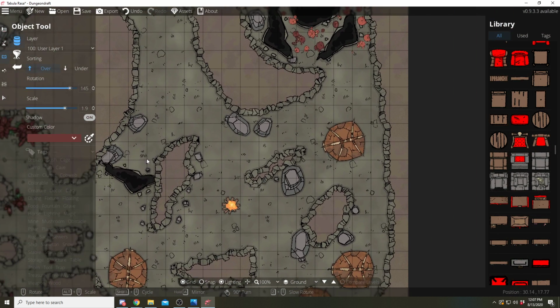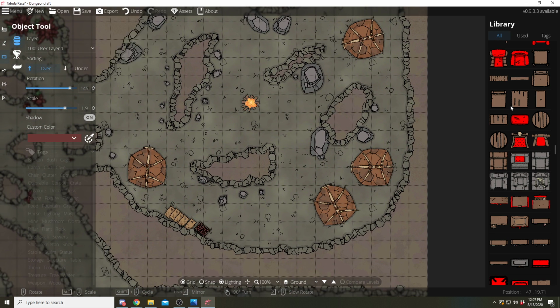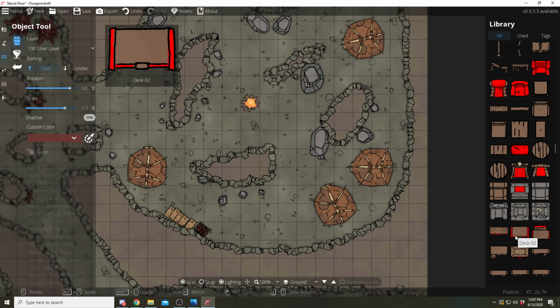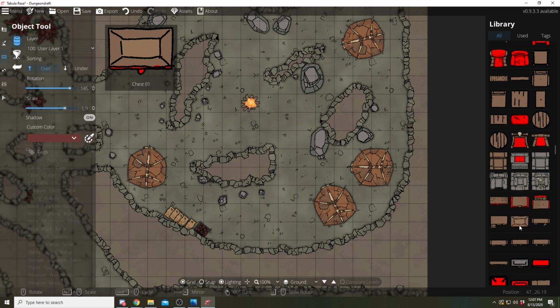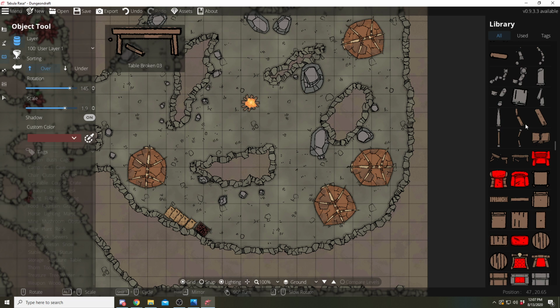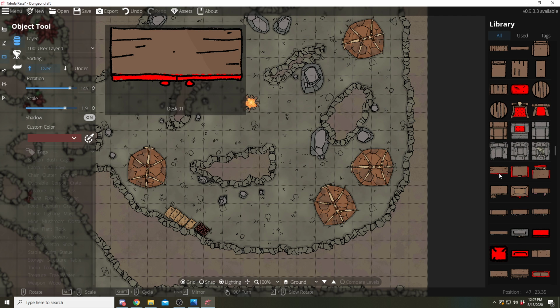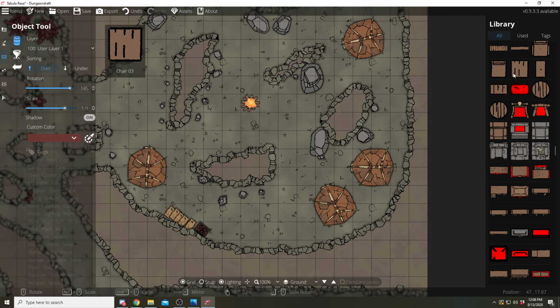Table, we can do a table in this area here. Desk here. I'm looking for like a dining table almost, but frustratingly, it's hard to find a dining table. We've got these benches here that are massive. Let's shrink those back down to human size,